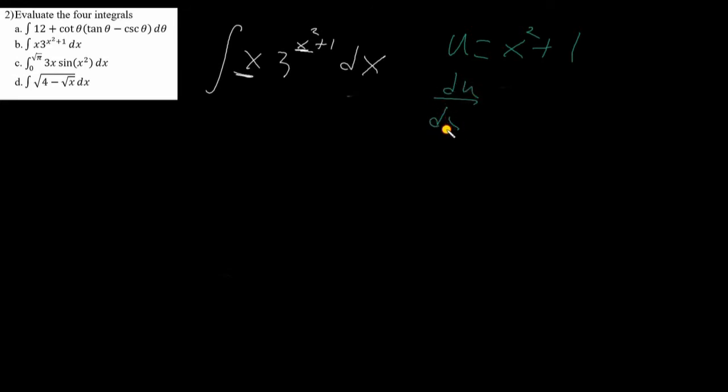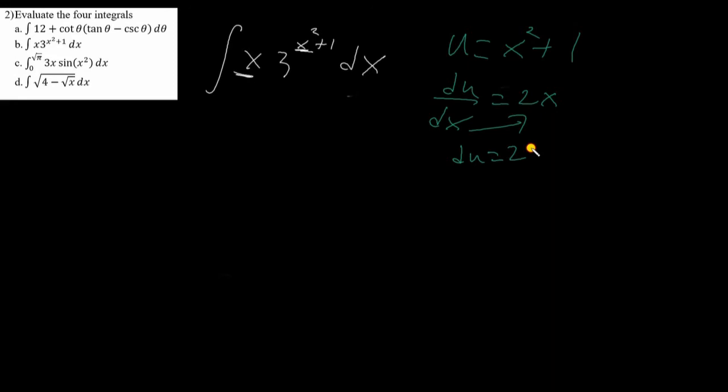Okay, so looking at part B now, we have the integral of x times 3 to the x squared plus 1 dx. So we have an x squared term here, and we have an x term here, and this is going to be like a variant of this derivative, so that's a good sign that we should use u-substitution. So I'm going to set u equal to x squared plus 1, and I'm going to set du over dx equal to 2x. Bring the dx over there. That's du